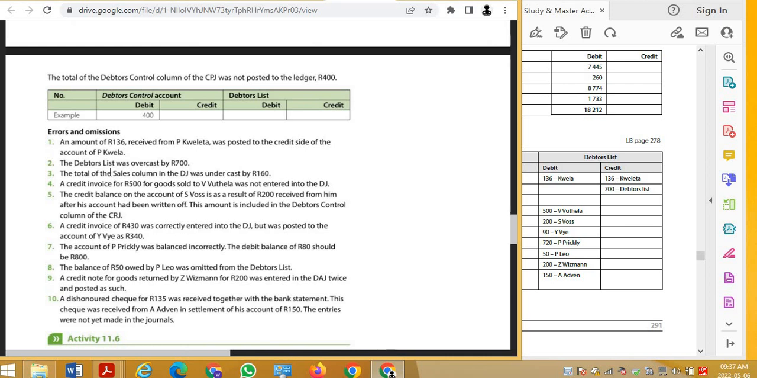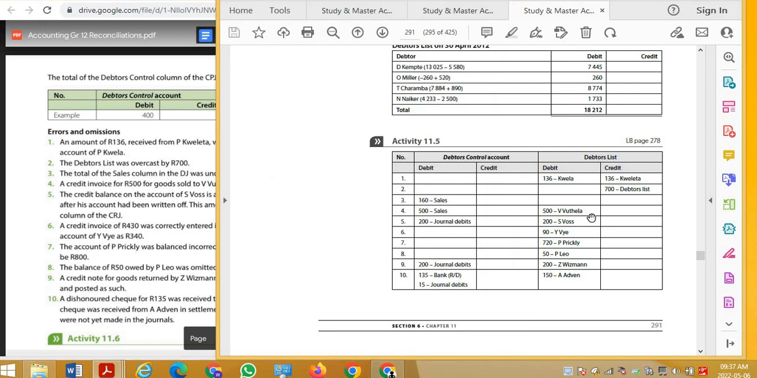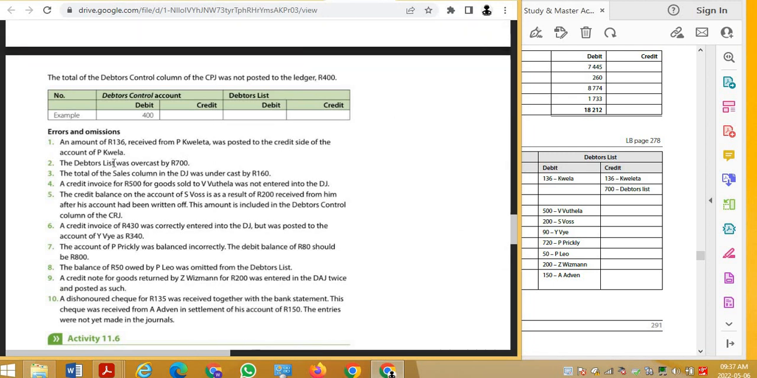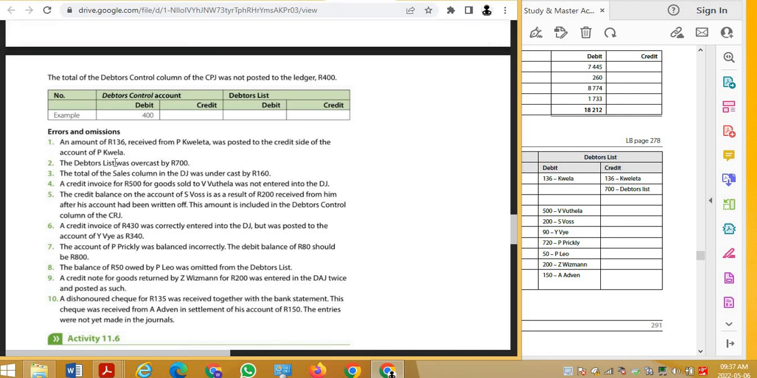The debtors list was overcast by 700. Once again, it's a total. Got nothing to do with an individual account, and it can only affect the debtors control. Oh no, sorry, the total of a debtors list. So they're actually talking about the debtors list. My bad. If this was a debtors allowance journal, if this was any type of journal that is overcast, then it would be a debtors control. But like me and like many students, we sometimes misread. I was just making sure